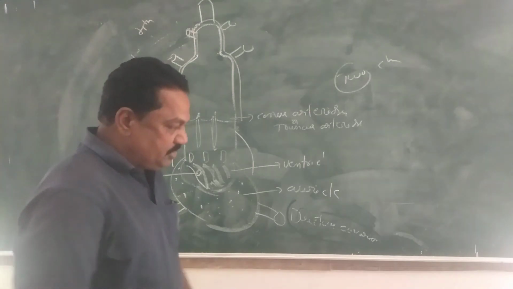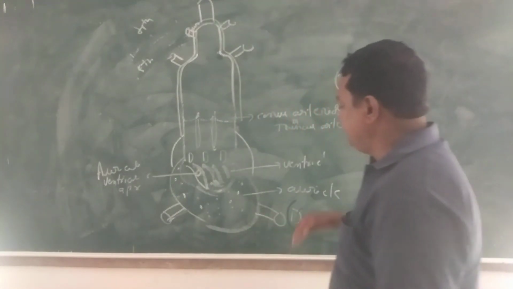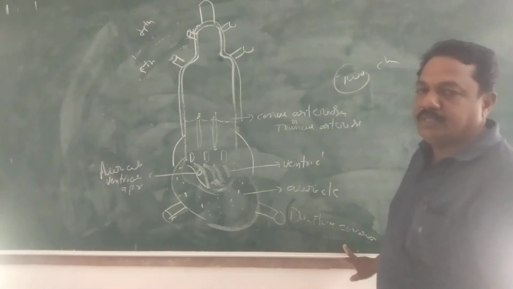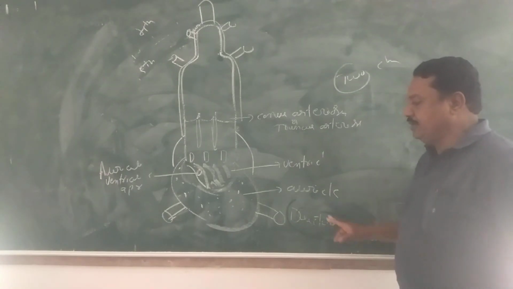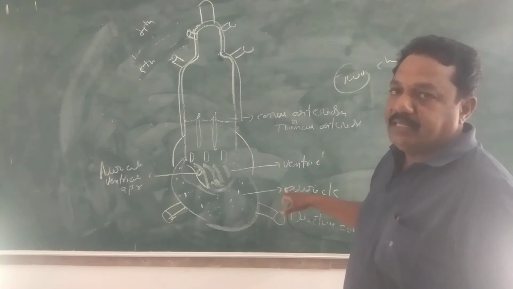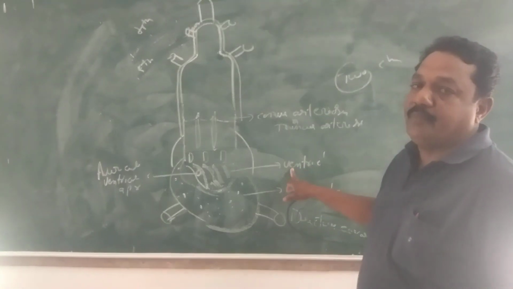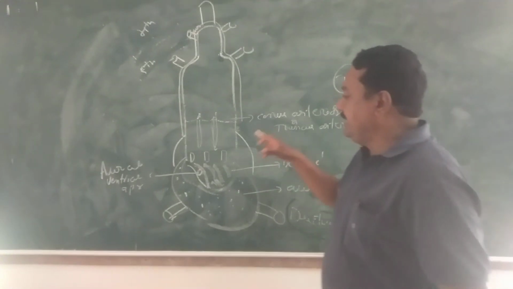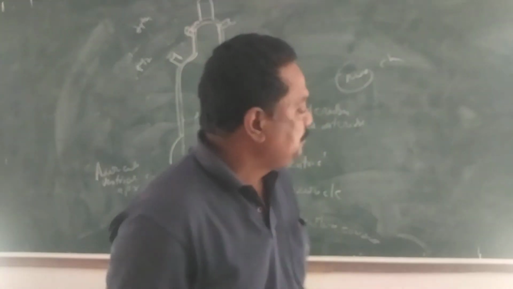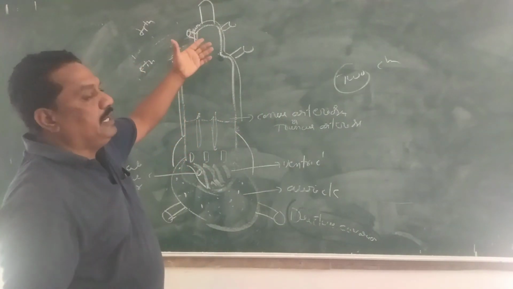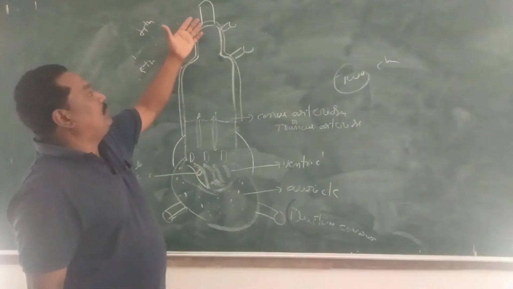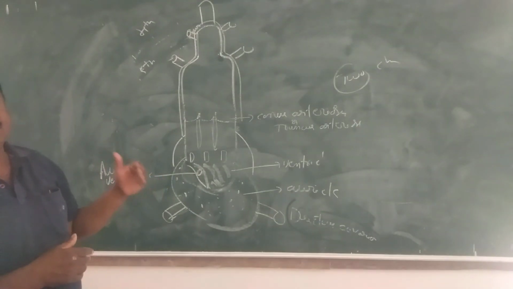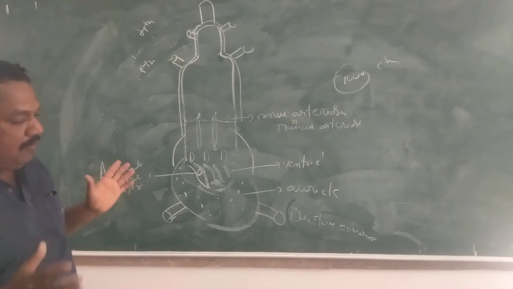A single auricle and a single ventricle. The auricle is made of a very thin layer. The ventricle has very thick layers. Blood is collected from different parts of the animal body through the ductus cuvieri, which communicates directly with the auricle. The auricle communicates with the ventricle through the auriculoventricular aperture, which is also guarded by valves. When the ventricle receives the blood, it opens into the truncus arteriosus. The truncus arteriosus extends in the anterior part and supplies blood to the gills: the fourth pair of gills, fifth pair, third pair, second pair. Like that, all gills receive it.